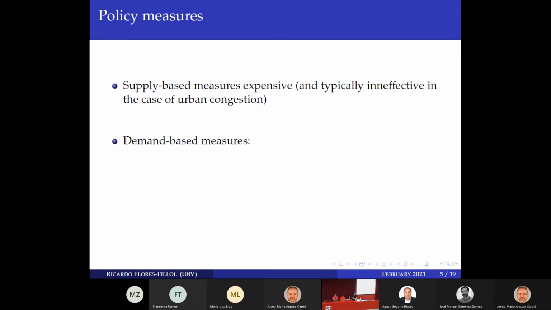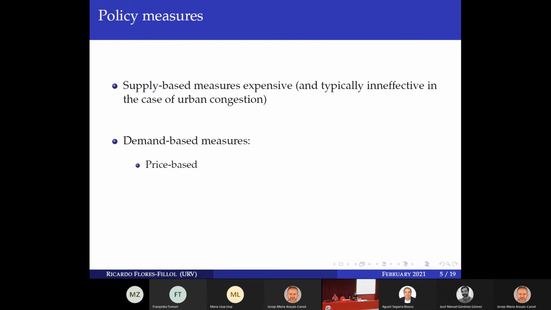So what can we do in terms of demand? If we cannot increase supply, we should try to decrease demand. Basically you have two families of policies here. You have price-based policies, so you try to somehow increase prices to decrease demand. Here you have fuel prices and fuel taxes, for instance. But the most effective policy that you may implement here is congestion tolls. So you need to pay a toll to get into a city, or more in general, in road congestion, you pay a toll to use a certain infrastructure.